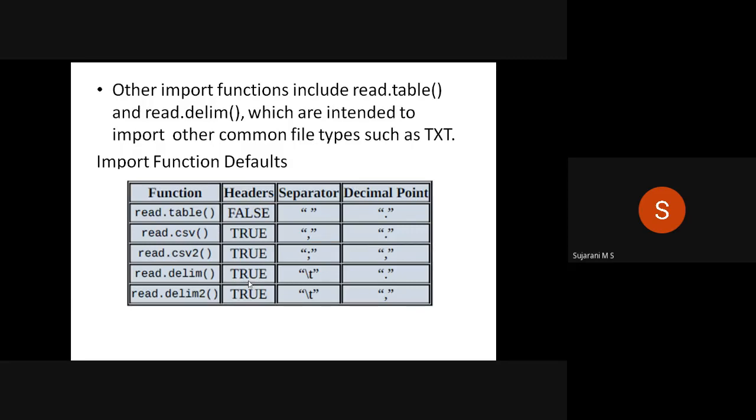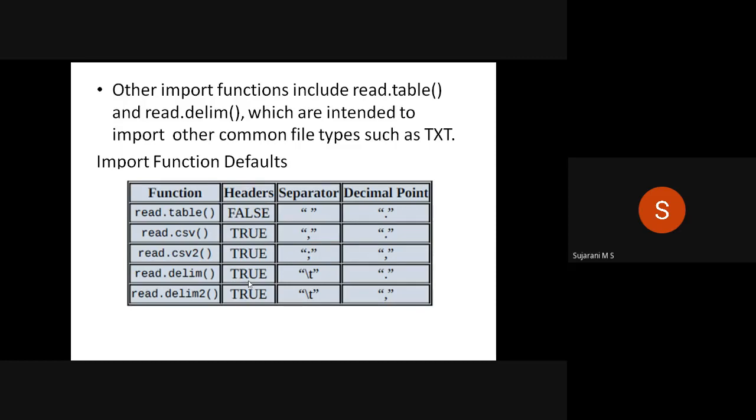These all functions are used to import data from a file, either a text file or a CSV file. Their default specifications are given in the table: header, separator, and decimal point.